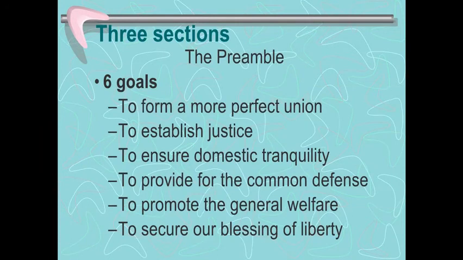So there are 6 goals within the preamble, which you don't have to write down at this moment, but those 6 goals are outlined in the text that you see on page 13 on the second box under the preamble. So the 6 goals are: first, to form a more perfect union; second, establishing justice; third is to ensure domestic tranquility; fourth is to provide for the common defense;